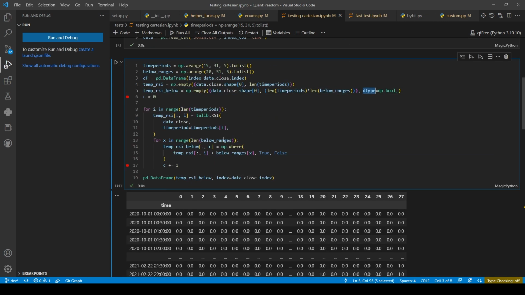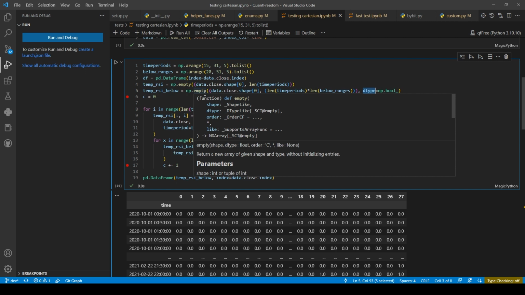I was sitting here for an hour trying to figure out why this is not working. And then I finally realized it was because I have to set this to bool. I guess it automatically sets the data type, and that's the part that didn't make any sense, that this was true and this was false. So I guess it automatically sets the empty as